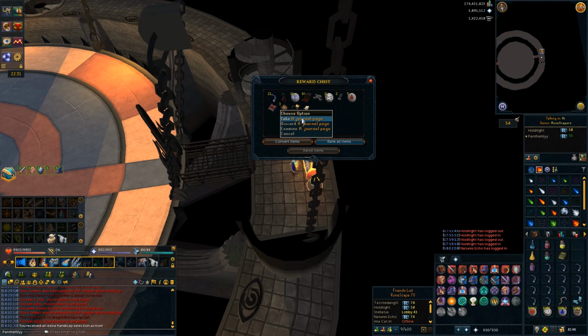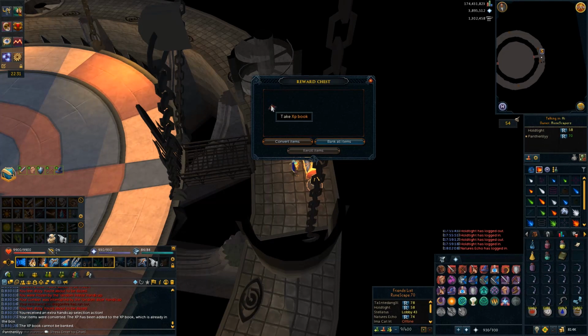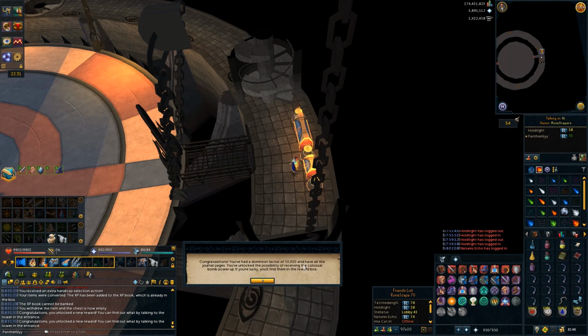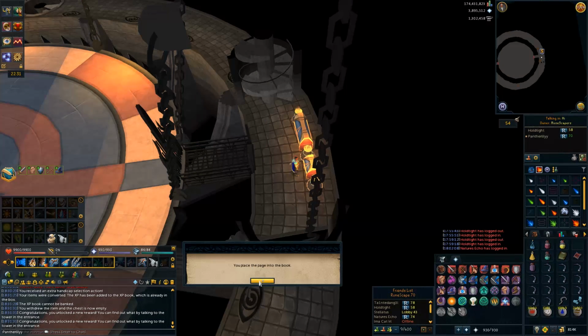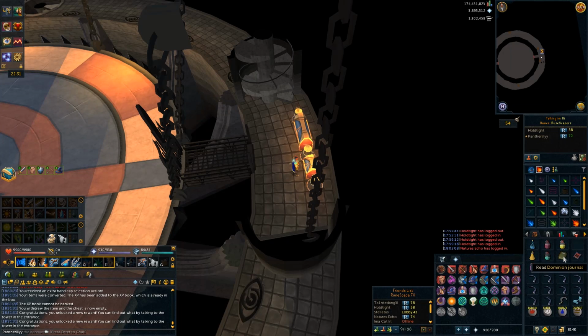Alright guys, here's the last journal page that I need. So I'm going to grab the journal page, I'm going to convert everything else. Forget the rune arrows. Bank everything else like the XP book, okay. And I'm going to go and see what we unlocked with this new journal page. And, okay, it told us in the box, but I'm going to go look at the reward screen anyway, only because I didn't read all of it. So I'm going to go look at that real quick and give you guys a quick look at what we